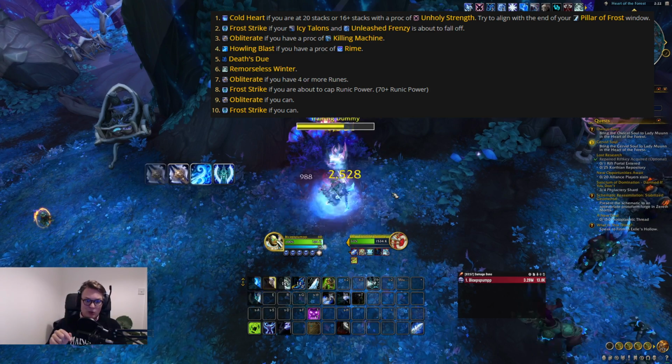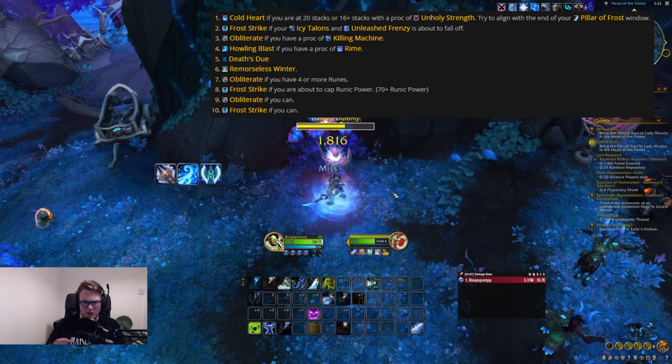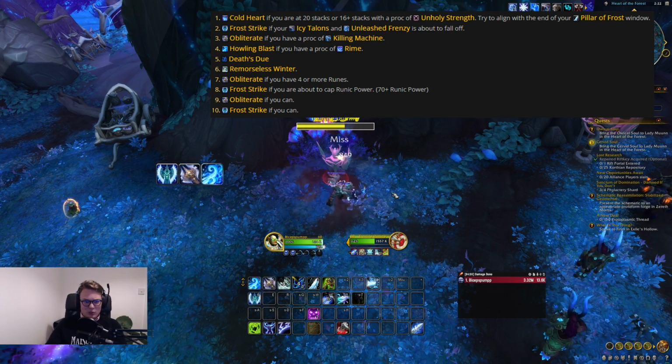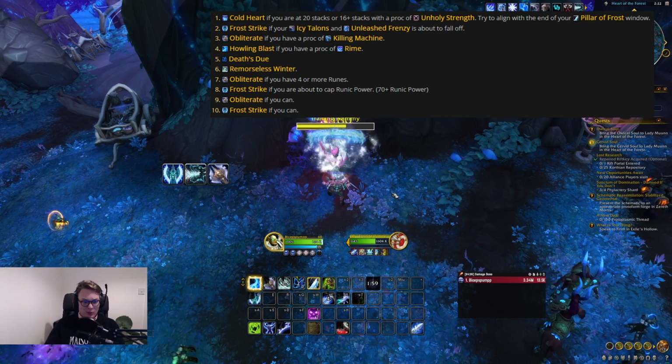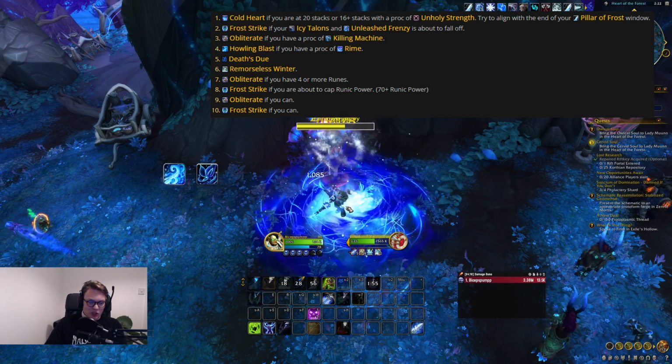Generally, it's much more important to spend runes, so don't mind too much if you overcap on Runic Power. It's going to happen a lot, so don't worry about it. Then you can just weave in Obliterates and Frost Strikes to spend runes and generate Runic Power. Quick and easy. Now, it does change significantly